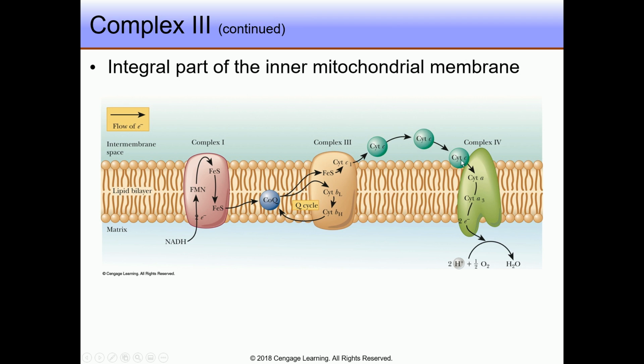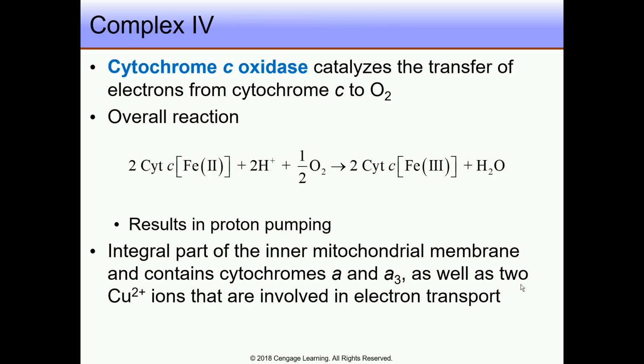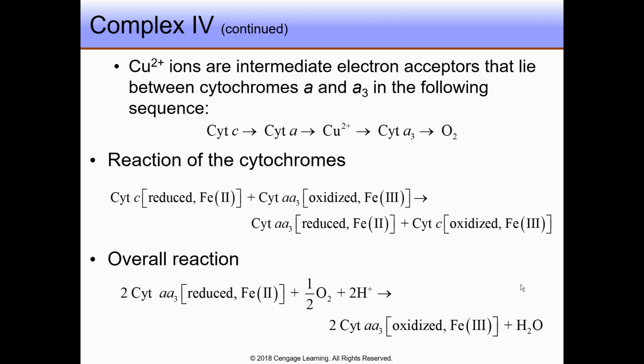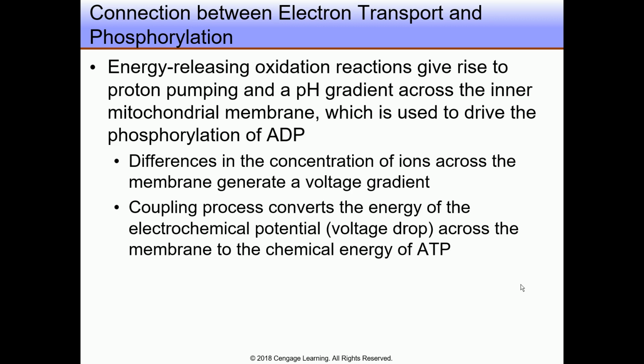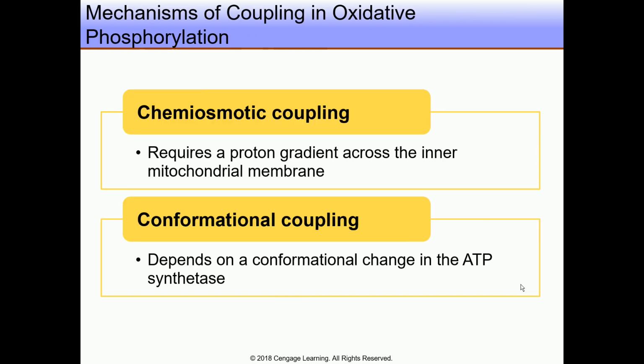So this is complex number 4, you can see. This is cytochrome C. So complex number 3 passes electrons to cytochrome C, and then this cytochrome C passes the electrons to complex number 4, and in complex number 4 there is a cytochrome a3, and also complex number 4 has some proteins which have some copper in them, and eventually through complex number 4 the electrons are going to be accepted by oxygen, and oxygen is going to be reduced to water. So this is what is happening through the electron transport chain,